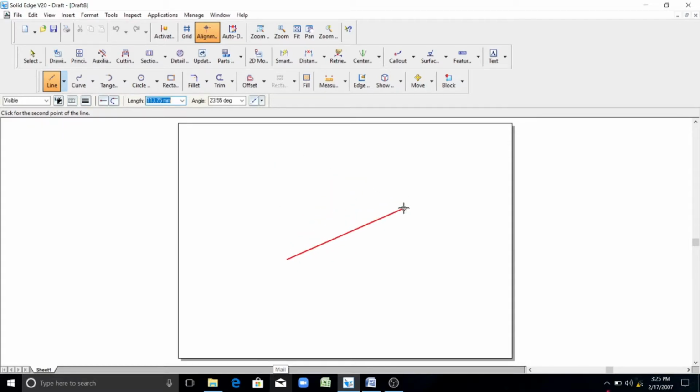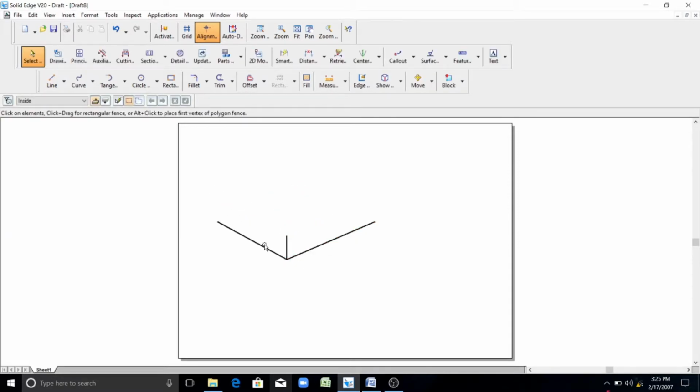After the first point, you can give the length and angle for the line. So in the isometric view, you have only three lines. One line is like this, 30 degree from this side. On this side you have a 30 degree line, and from this side also you have a 30 degree line like this. From this side 30 degree you have to maintain, and a straight line for height. So all other lines are parallel to these three lines.